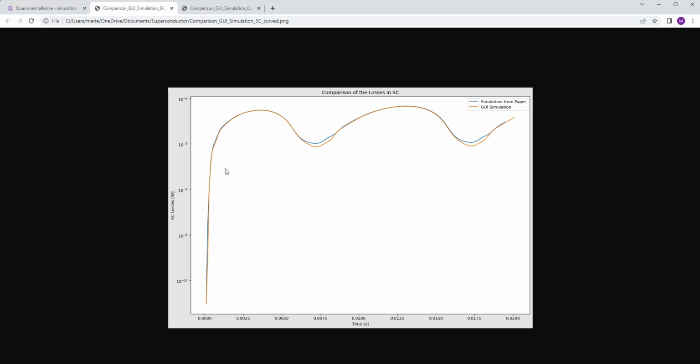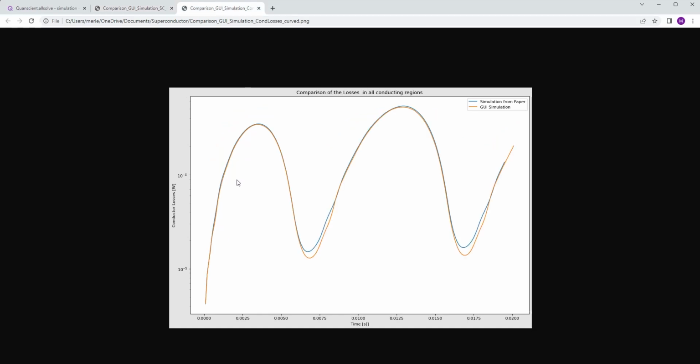So we can compare the losses in the superconducting layer, and we can see here in orange the ones from our simulation, and then in blue the ones from the paper, and we can see that they have a very good match. And we can also take losses in all conducting regions, so also in the copper, and we can again see a very good match.